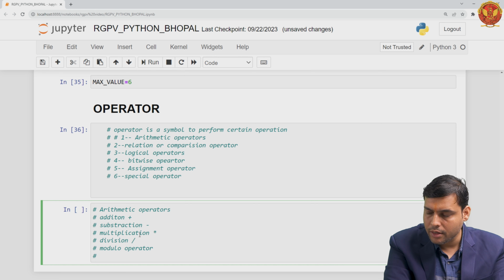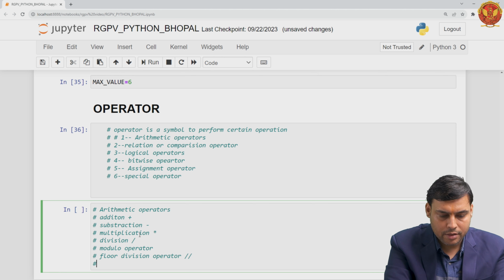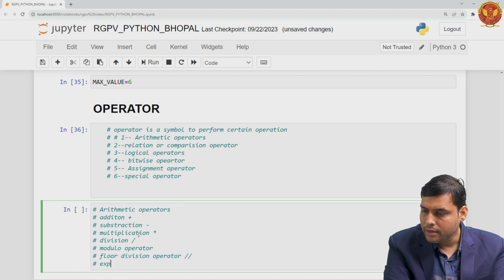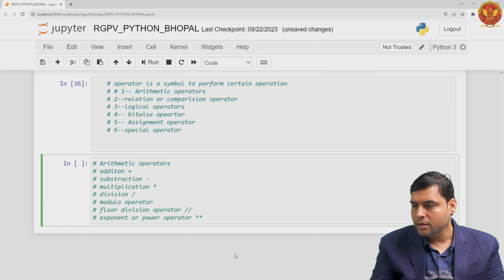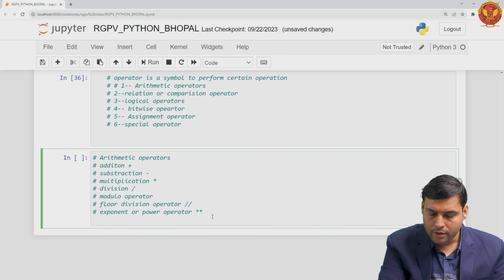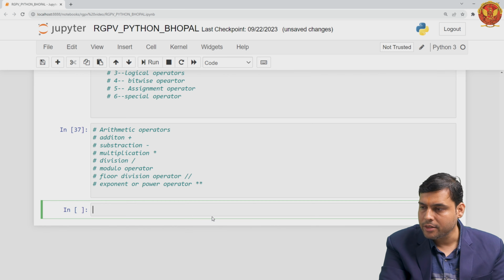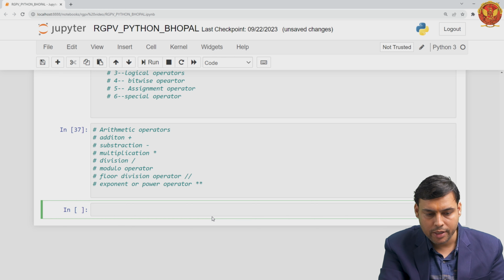one that is important to understand, which is introduced by Python, floor division operator. It is represented by the double slash. Next, one important operator, that is the exponent or power operator. It is represented by the double asterisk. तो हम ये सारे के सारे ऑपरेटर्स जो हैं वन बाय वन इन टर्म्स ऑफ द कोड देखते